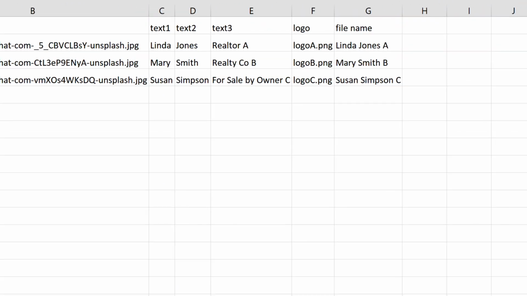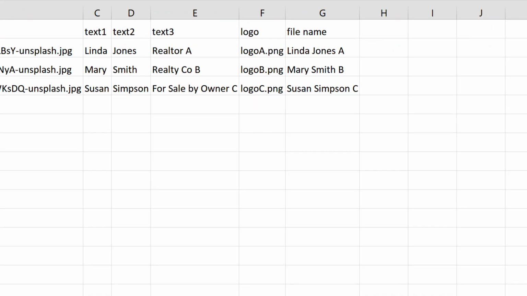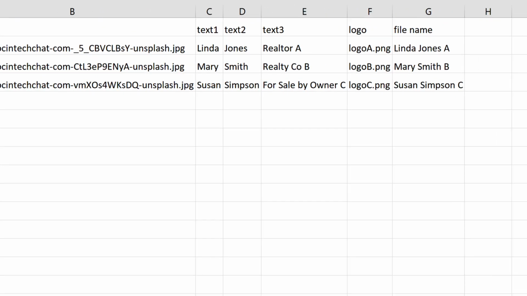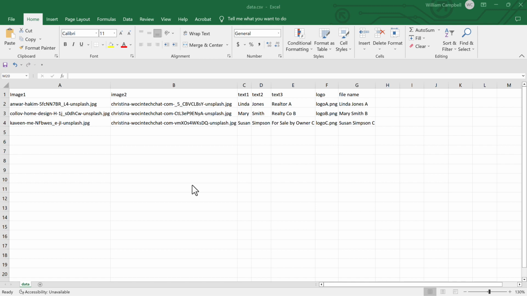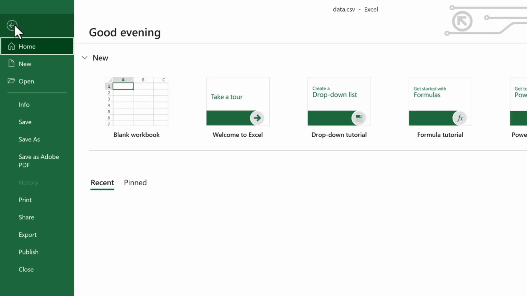There is one special column head that is optional and not related to any layer name. Add a column with the head File Name for the output file name. Then list the desired name in each row. Don't include an extension. The format selected in the interface adds the correct extension. If the column File Name isn't found, the first image name or text value found is used to name the output file. Once the spreadsheet is ready, save it as comma-separated values, CSV.